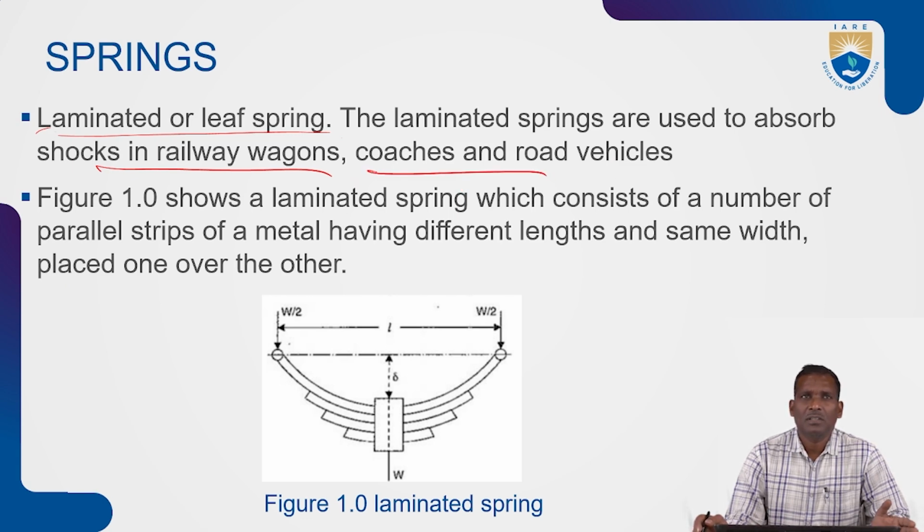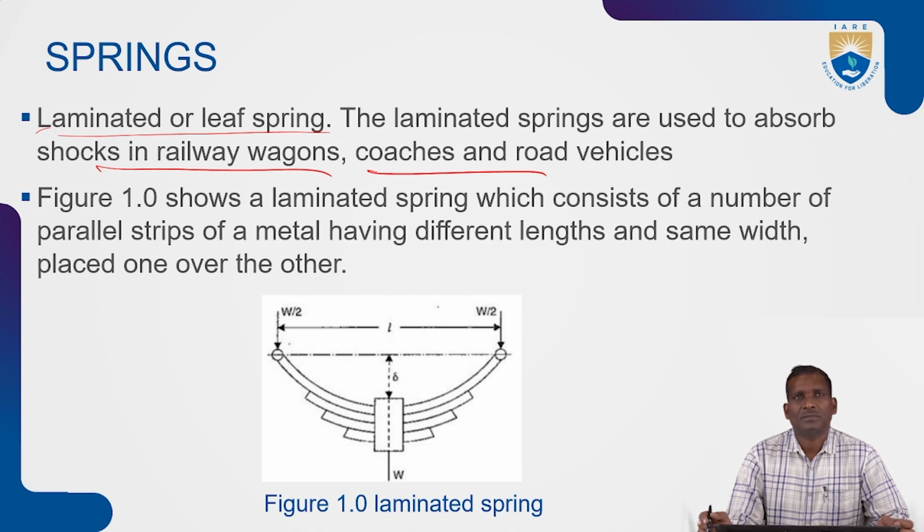Whenever the railway wagon undergoes shock loads, these laminated springs absorb the energy. Similarly, in road vehicles like lorries, this type of laminated spring is used to absorb the